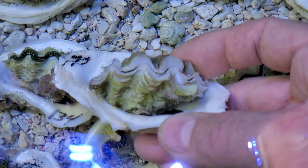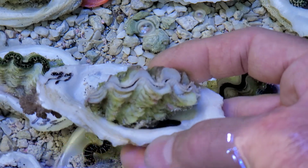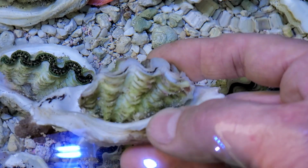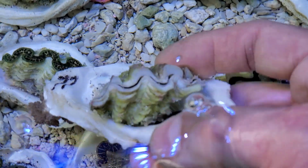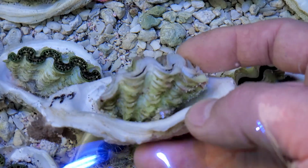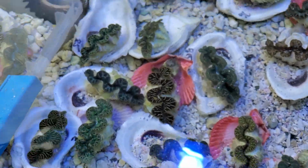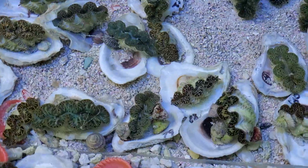Well, what actually has happened is these threads you can see here, they look like sort of a gelatinous or thread-like structure that the clam puts out to attach. Sometimes they decide just to drop that and move to a different location, and that's what you often see as far as this so-called dropped foot. It's actually not part of the clam, it's just part of what the clam is using to attach to the substrate. So make sure that they have a nice firm surface of which to attach, either rock rubble, the shell, or anything like that, or if, like I say, you put them up in the rock work, make sure that they can't fall over